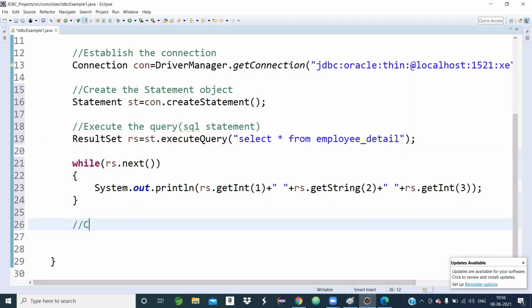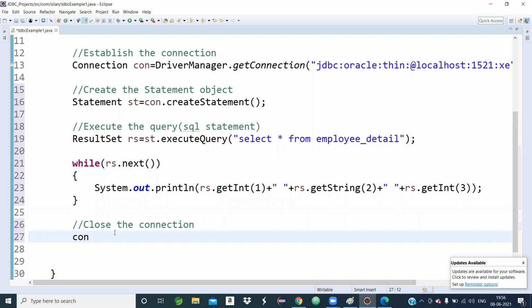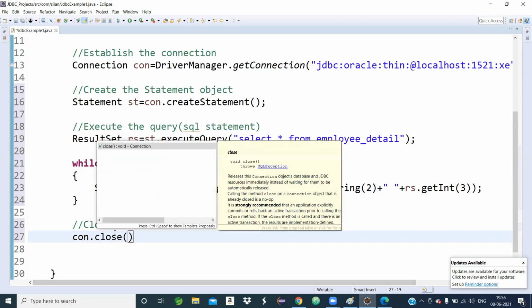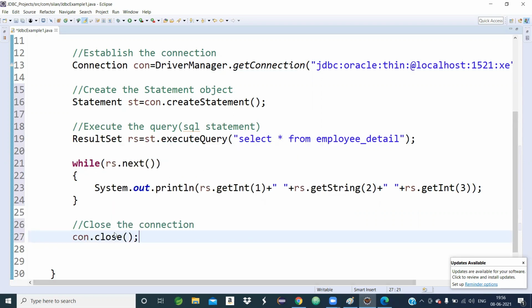Now step number 5, close the connection. Very simple: con dot close method. So this is my JDBC program. Once you establish the connection, you open the connection internally, and lots of resources are used.